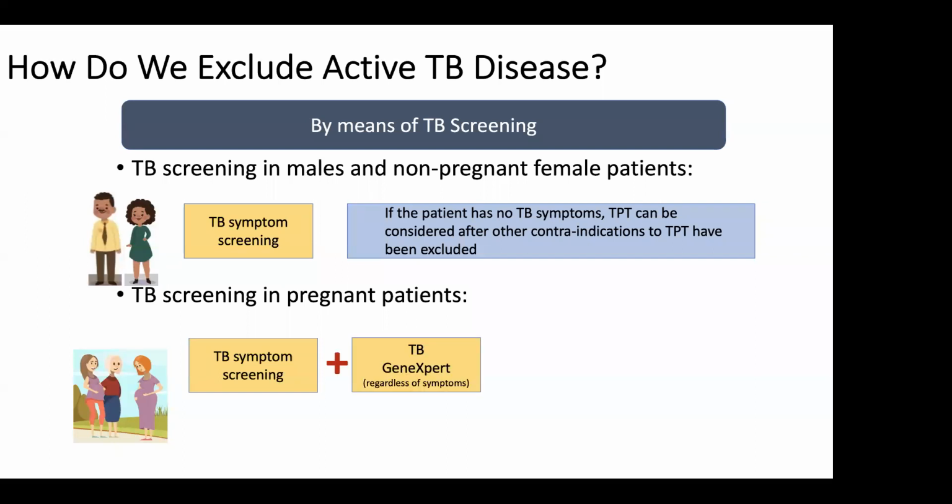In pregnancy, the story is a bit different. Number one, you want to screen all pregnant women and ensure that they don't have TB symptoms. However, negative TB symptoms in pregnancy is not enough. You also have to collect a sputum for TB GeneXpert, regardless of what you found on your symptoms, right? So if it's an HIV positive pregnant lady, you have screened her, irrespective of whether she's got symptoms or not, we need to collect sputum for a GeneXpert, right? And then in addition to that, you want to check their CD4 count. Now, this is quite important, right?